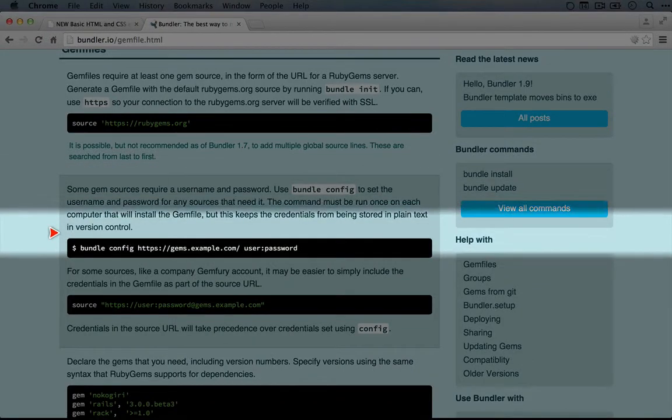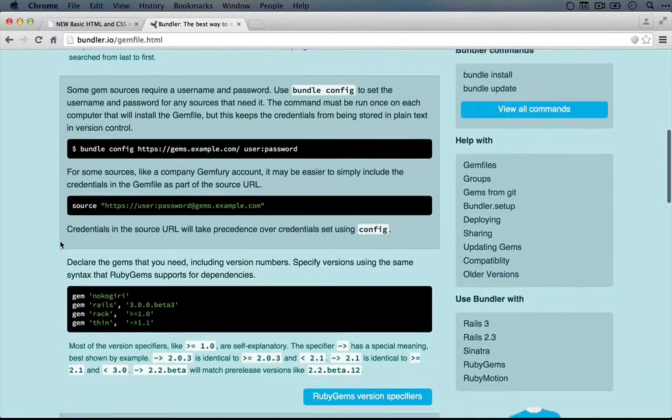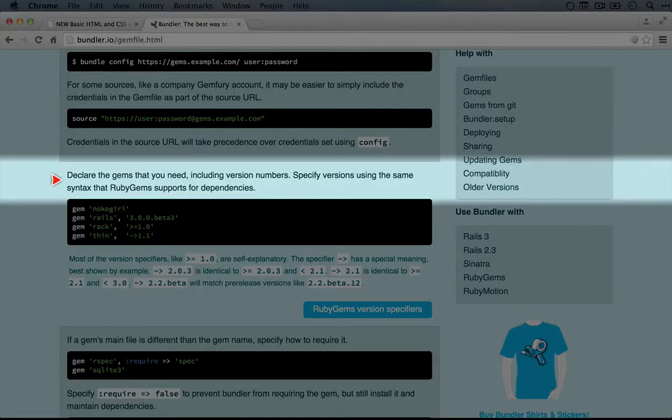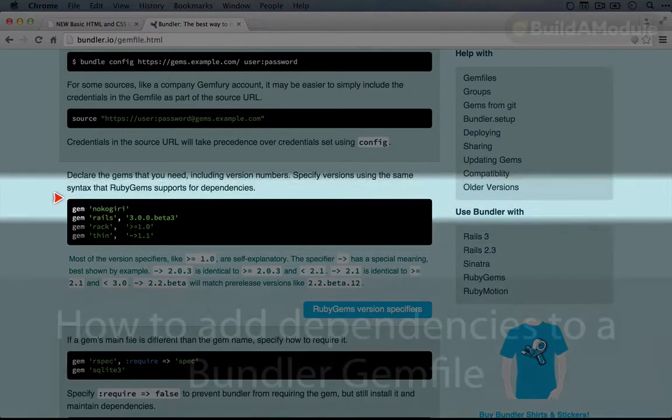Now there's this callout that explains what you're supposed to do if you're using a source that requires a username and password, which we're not. And then in the next part, it says declare the gems that you need, including version numbers. And it gives us some examples. These here aren't gems that we're using,